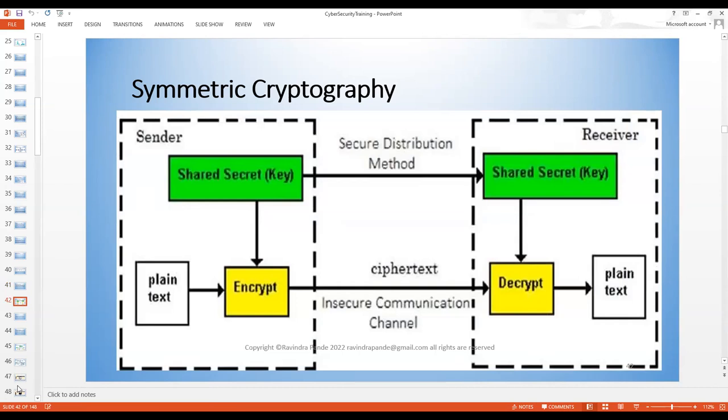Just trying to share the knowledge in terms of a conceptual diagram of how symmetric key works. So it's a shared key which is securely distributed by another channel, and the actual plain text is whatever we are sharing with our client, which gets encrypted, and then we normally call it ciphered text, which is decrypted at the receiver end. And the insecure communication channel is basically where we are not